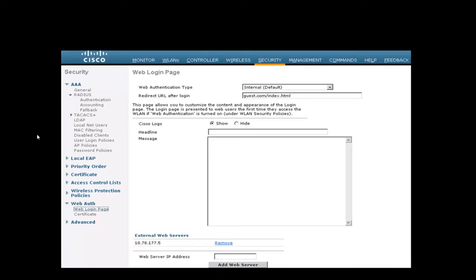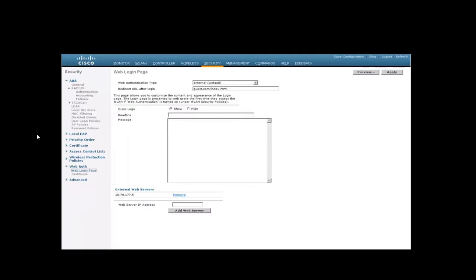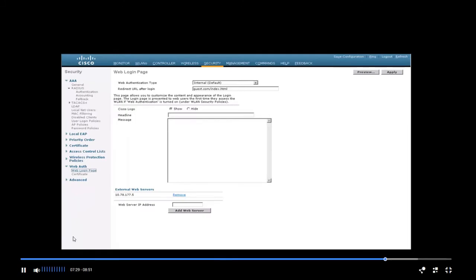On this page, you can define the type of web authentication using the pull-down menu. It could be internal, which is the default, or could be customized or external. Let's select internal and apply. The next step is to create a wireless LAN and enable web authentication. To do this, click